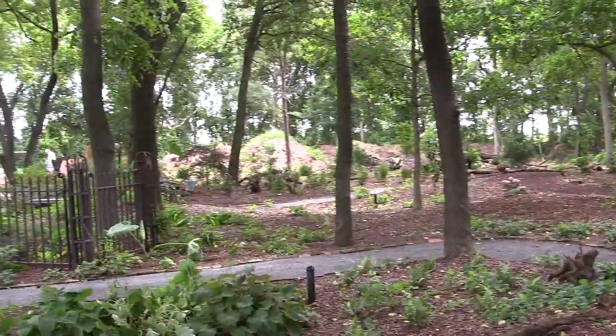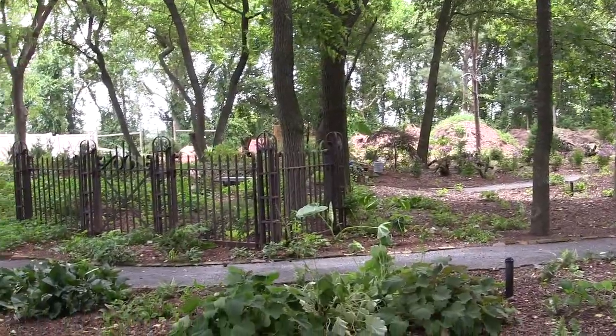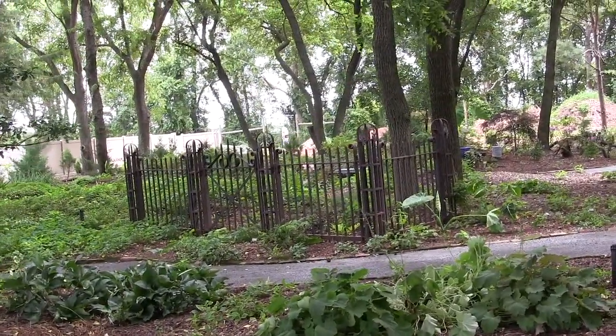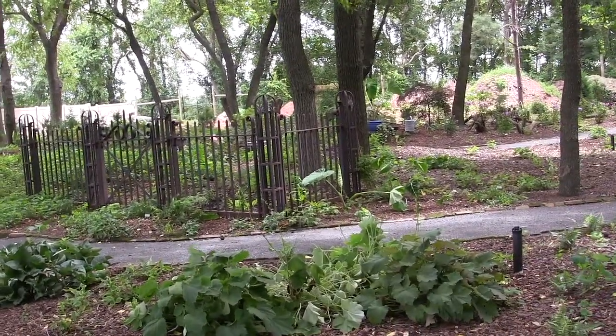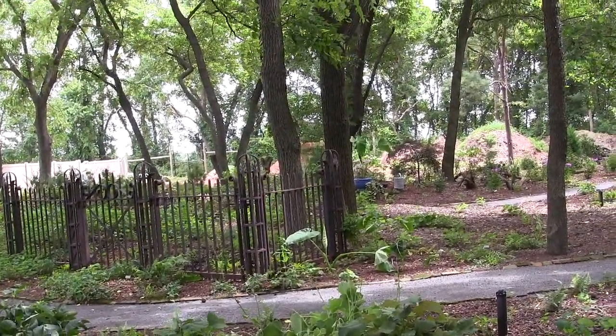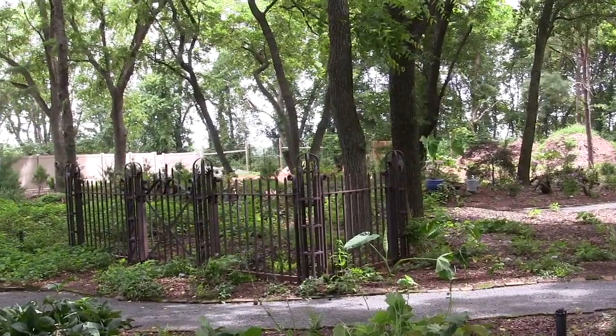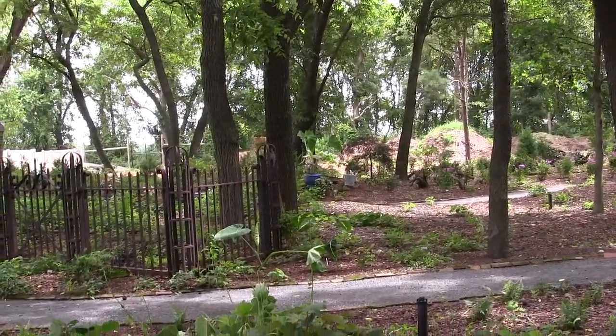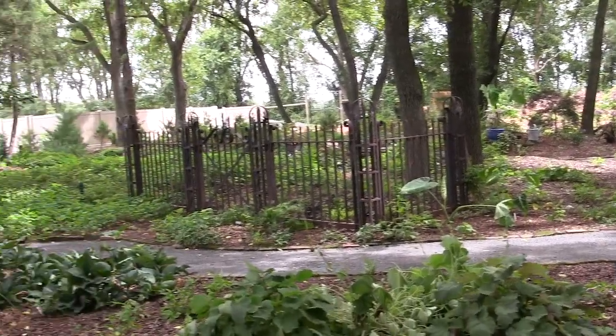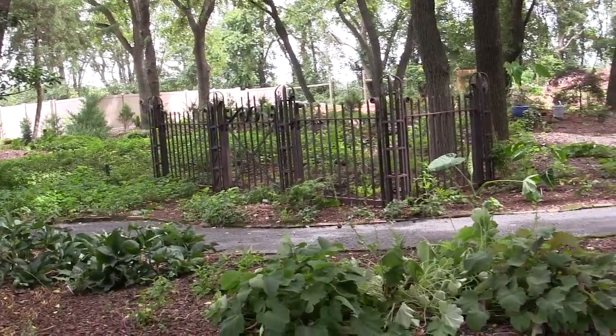The folly garden happens to be the remnants of the original farmhouse that used to be here on the property. And we've created this almost folly where we've excavated part of the foundation of that house, and we've recreated the fence like you're going to visit the house. So it is a folly in that it's not the true original foundation, but you have